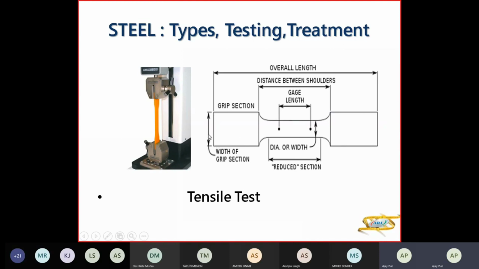And this is the width of the grip section, the cross section area यहीं से आएगा। And this is the length overall. So this you have to draw for the tensile test. ये भी बना दो तो ठीक है, नहीं तो कम से कम ये तो बना दो।